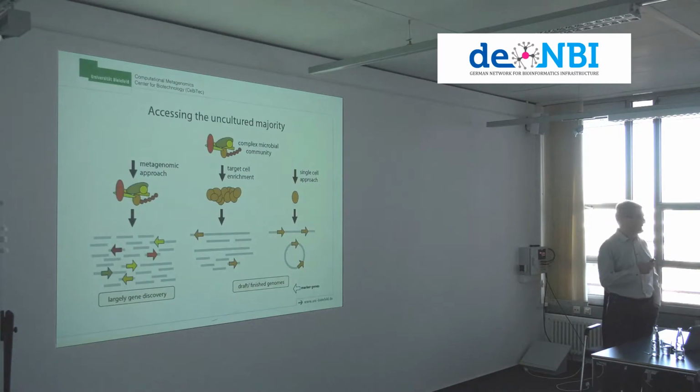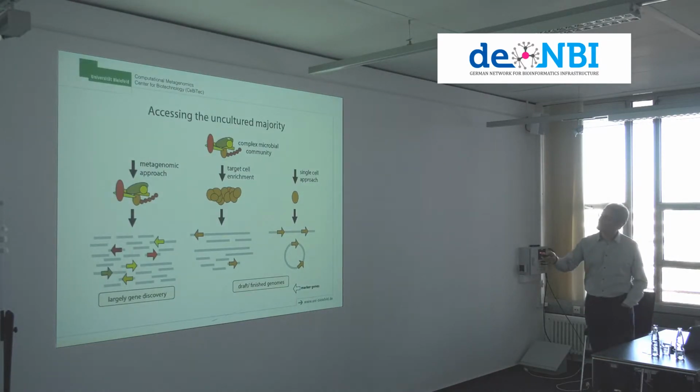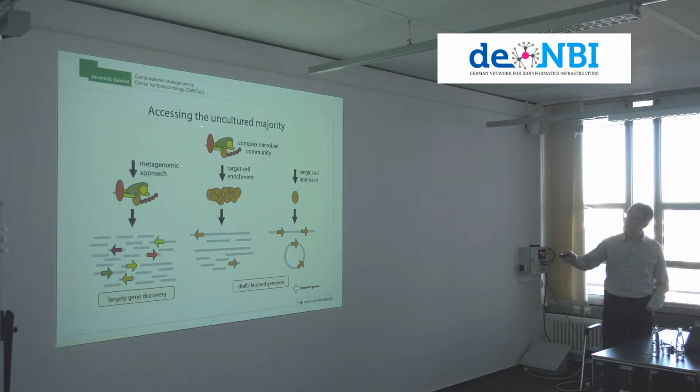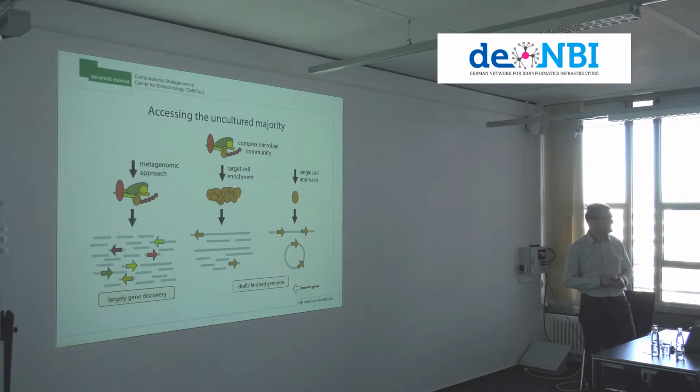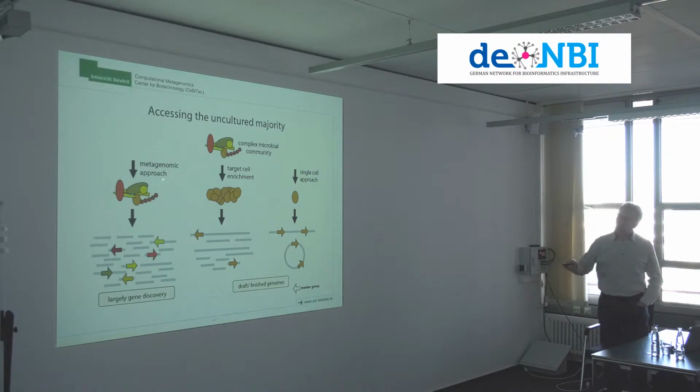And then there are basically 2 different approaches to get at the genomes. Right? So you look at the microbial community. When you look at the community, you can use these approaches to actually sequence these. You could do a metagenomic approach, which means you just extract all DNA from these organisms, sequence the DNA, and then analyze it in some way. You can try to enrich it. Right? I mean, that doesn't really help if you want to target particular branches in the tree, right? Because there still might be a bias, and you don't get the phyla you're interested in. So you can try to enrich certain